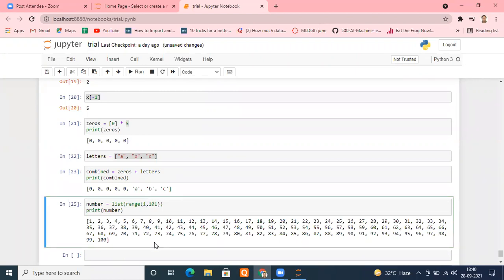Range has three arguments, I think you forgot: start, end, and step. And which was mandatory? The middle one, that is end, and you necessarily need to put it. You can skip start. You can skip step. Is it okay? So any number range you want, you can do that. Is it fine?